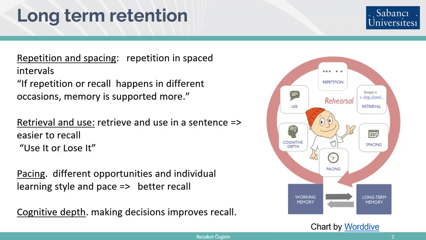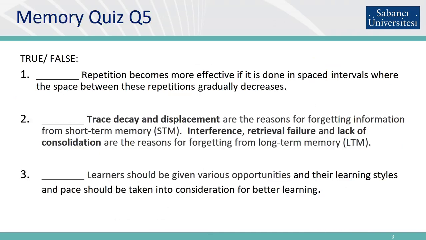In brief, learned words need to be rehearsed and revised systematically to be remembered permanently. Although simple repetition is an effective way to keep the information in memory, it should be rehearsed properly in order to transfer it. In summary, memory retrieval requires revisiting the nerve pathways the brain formed during the encoding process, and the strength of those pathways determines how quickly the memory can be recalled so that the new input can go to the long-term memory. Here is a memory quiz for you. Please decide if these sentences are true or false.